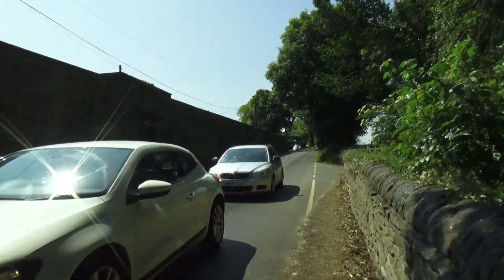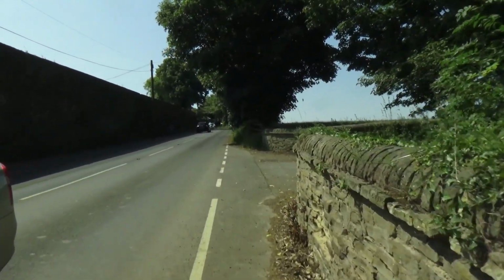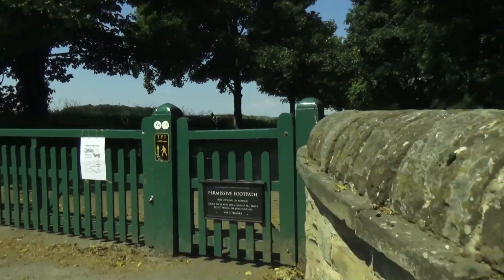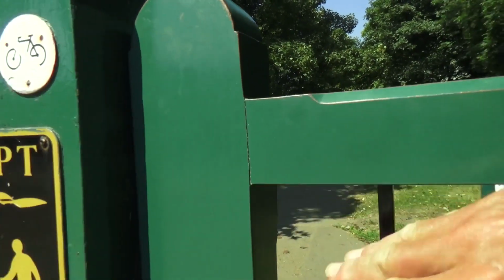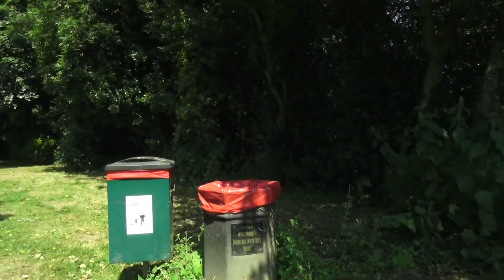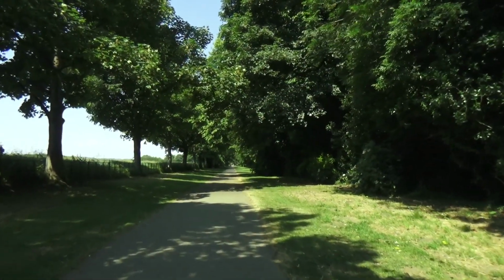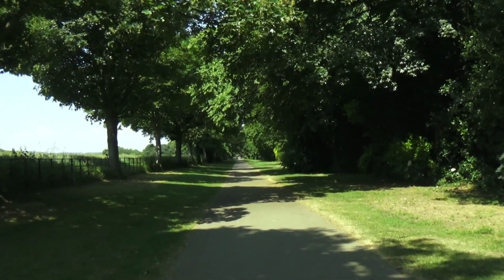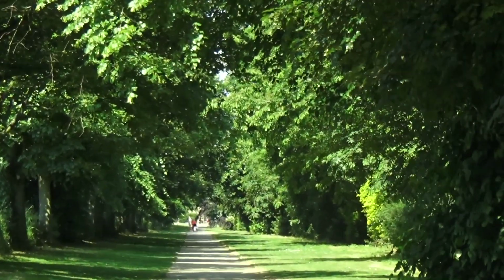You've got the garden centre somewhere here on the left. But there's this beautiful tree-lined route. What I'm going to try and do is zoom down it really quickly for you, and then I'll walk right down to the church and show it from the bottom. But it really gives you...